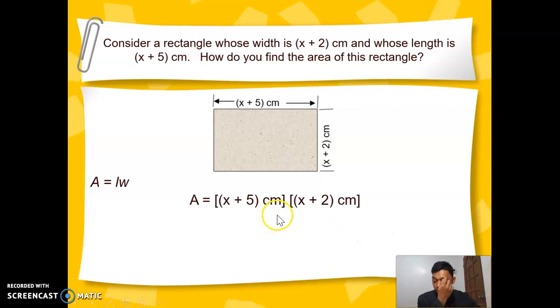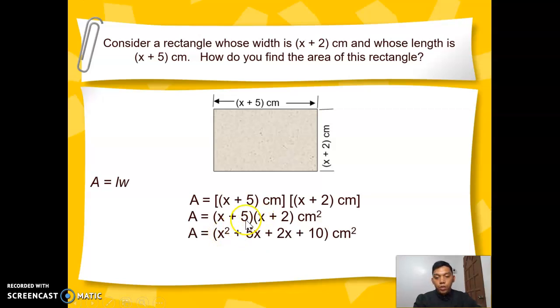So now, if we multiply these two, we get centimeter times centimeter, that's square centimeter, right? And if you still remember the FOIL method, x plus 5 times x plus 2, you do the FOIL method, you get x squared first, and then 5x plus 2x, then 5 times 2 is 10. So basically that's x squared plus 7x plus 10 square centimeters, alright? So again, x is any positive integer. It could also be 0, but since we are talking about measurements,